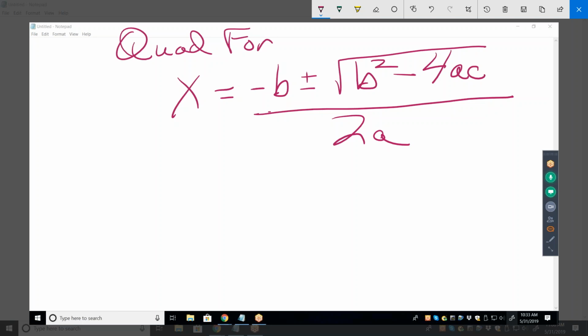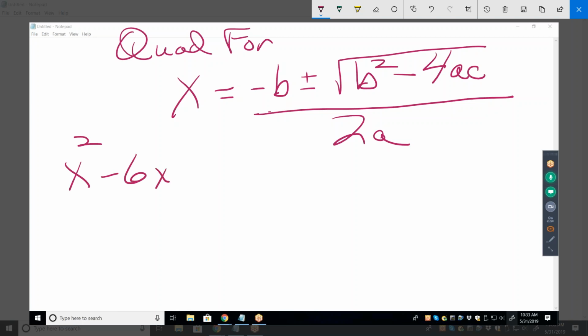Opposite b plus or minus the square root of b squared minus 4ac all over 2a. Something like that. I got the tune totally wrong, but try to figure out a way to memorize it. Okay? Now, in that problem we just had,